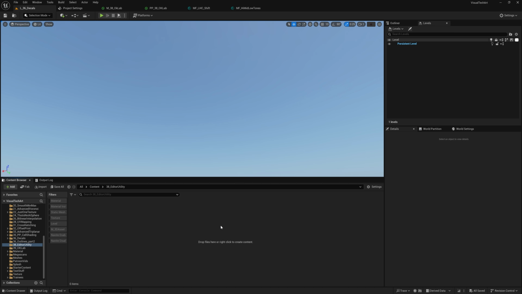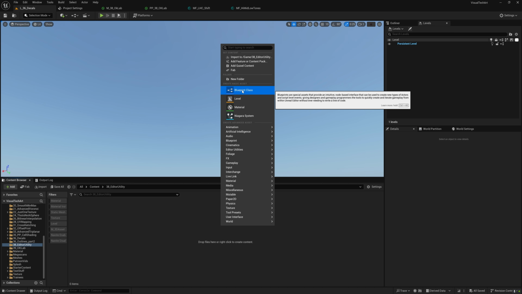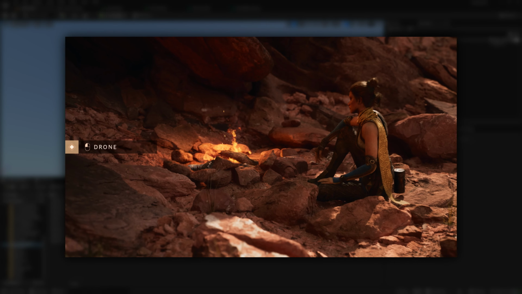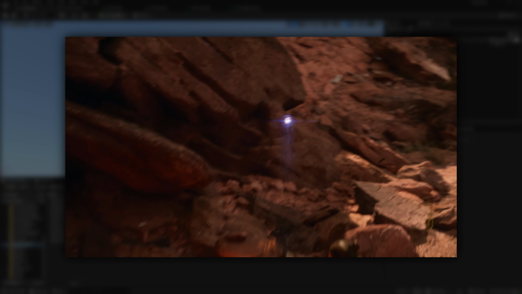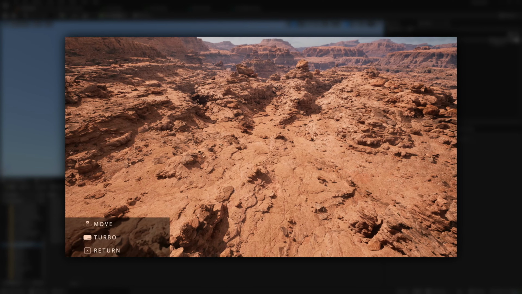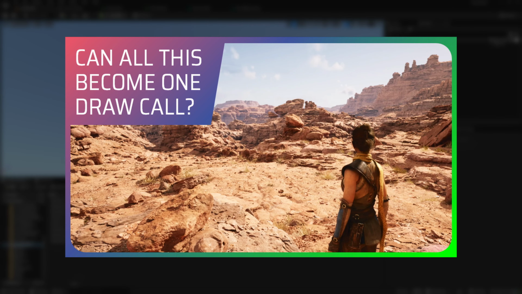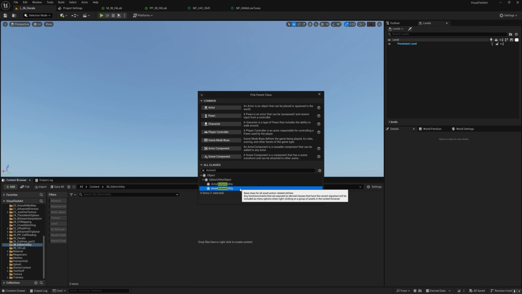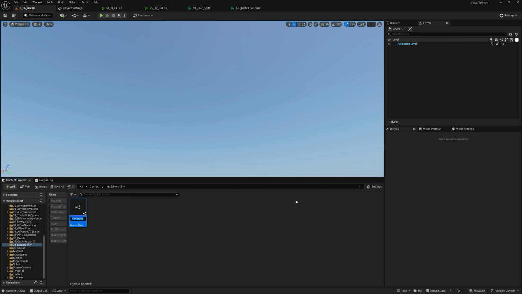Alright, if you weren't already aware of it, let me introduce you to the amazing world of editor utilities. They're what allowed me to massively, single-handedly modify the giant Valley of the Ancient project in a human time frame to render the whole environment in one single draw call. There are two kinds of them, the ones that operate on the content assets and the ones that operate on the actors in the scene. We need the first one this time, as we'll use it to automatically uncheck the Generate LightMapUVs option and rebuild